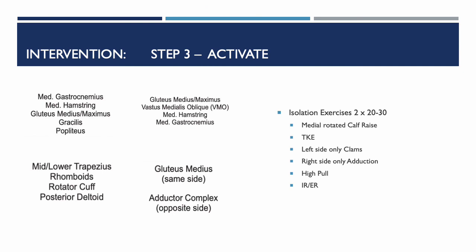So these muscles have all been identified to be underactive, which means you need to turn them on. They have been identified as being lengthened, and we need to shorten them a little bit. Again, these are the same muscles that we talked about before, and what we would do are just some isolation exercises for these specific muscles, 2 by 10 or 20 or 30, really trying to get that neural drive to these underactive muscles. We would try some medial rotated calf raises to hit that medial gastroc,